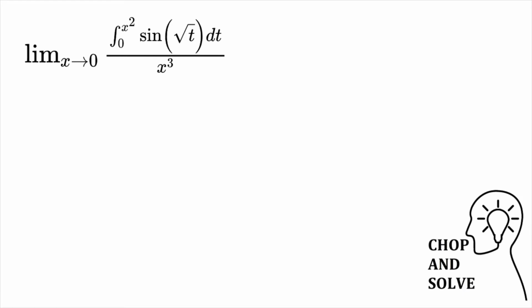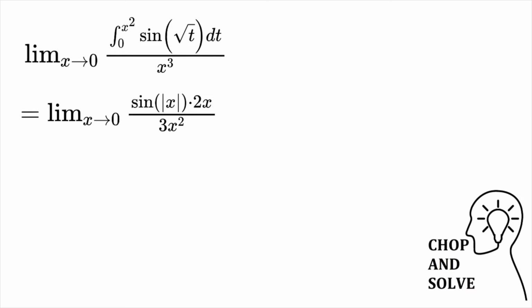So using L'Hospital rule, we have to make the derivative with respect to x in the denominator and numerator for both. So in the denominator it becomes 3x square, and now in the numerator we have to apply the Leibniz rule. Using that Leibniz rule, we can write limit x tends to 0 sine root over x square, that is mod x, into 2x, since the derivative of x square is 2x.